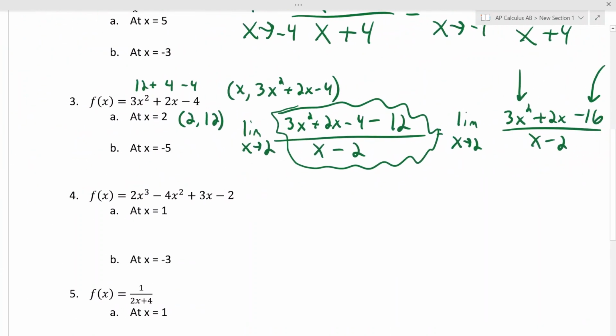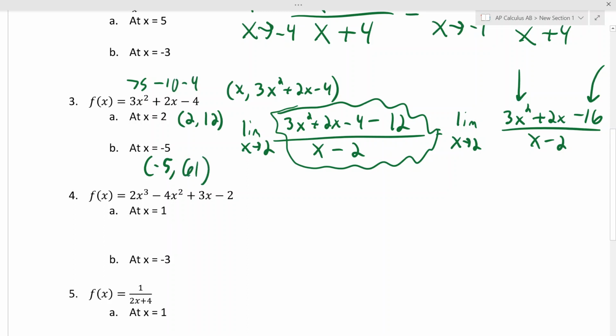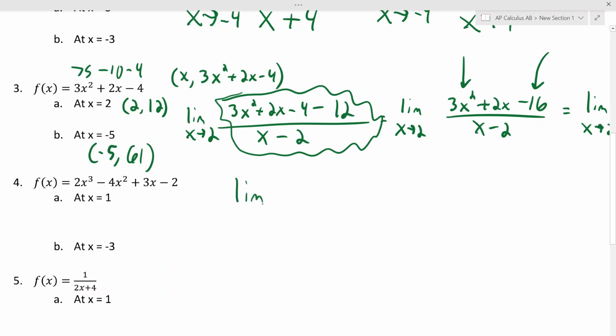And the second one, if we plug in -5, our point will be -5, comma, you plug in -5, you're going to get 75, minus 10 minus 4. So what's that, 61? 61. So now we're looking at what happens to my slope function here, my slope formula, which is going to be, again, y2 minus y1